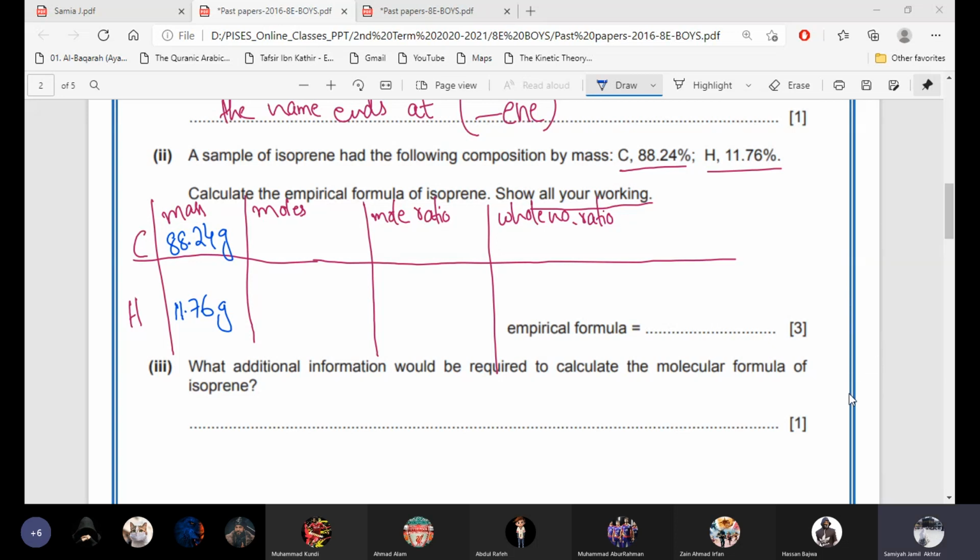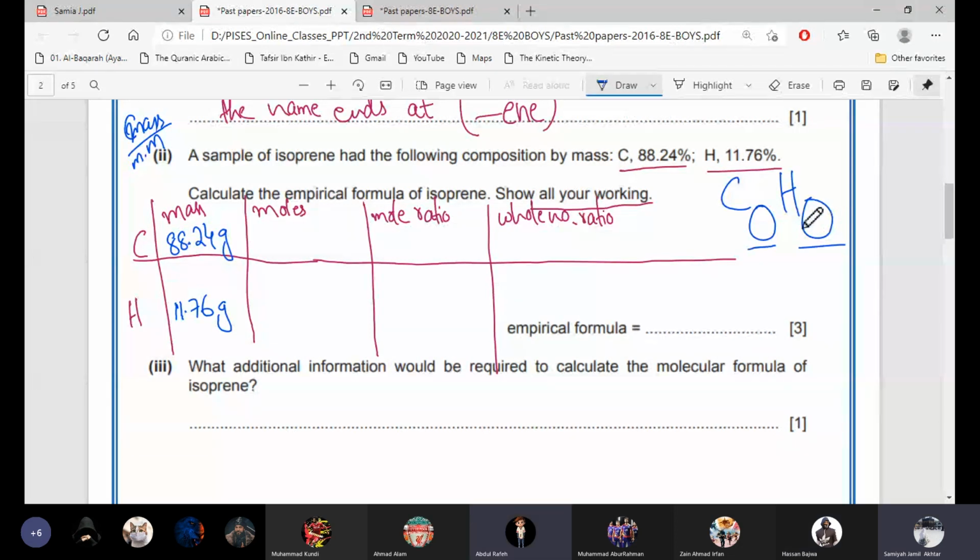Come on, everyone. If you have any question, you can ask. Please don't be so quiet. Will we find the moles from the formula C2H4? No, the moles from the formula, this one: mass divided by molar mass. I'm saying there will be 2 atoms of carbon and 4 atoms of hydrogen, right? No, only C and H. You have to find which whole number, how many carbons and how many hydrogens there will be.